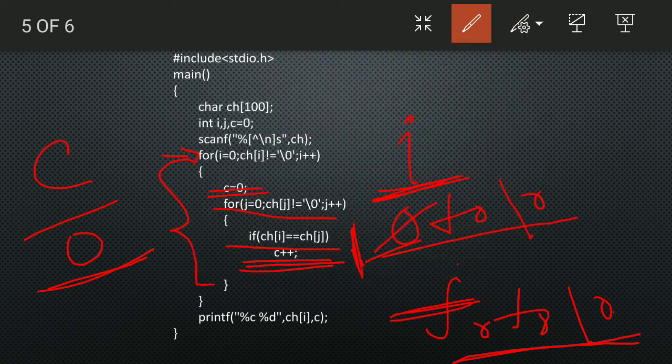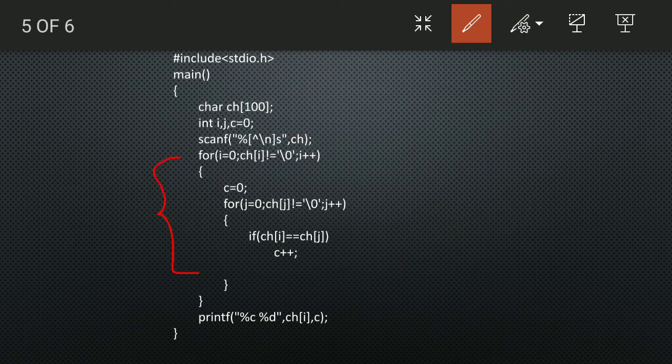So all these steps are just to count. Why have I written this for the whole? Because we can also manipulate this program into another program, I will tell you later. And then we are printing this last character's count. You can print the character too, but it is not important, you just need to print the count. So the count of the last character, in our case if it is Alpana, how many times the a has been repeated, so 3 is our output.